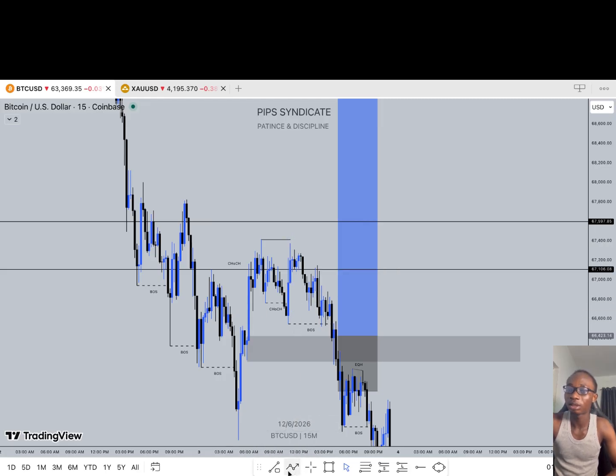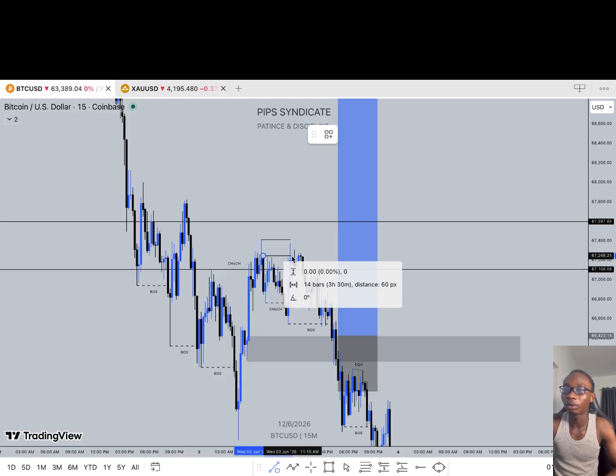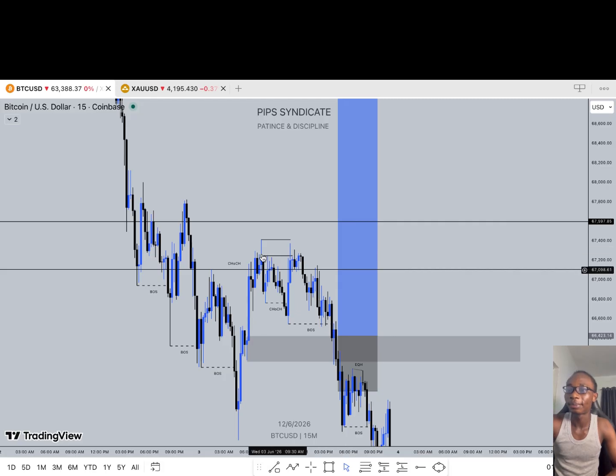This is a sweep here. Seller stepped in here. When price takes out these major wicks, it's always a sweep. Then price took it out. You can see we have a lot of wicks here. Then price took it out, failed to close here, which could confirm that, okay, yes, the buyers are still in